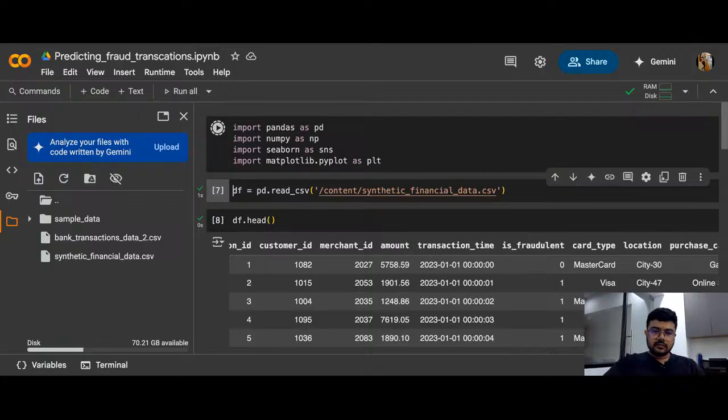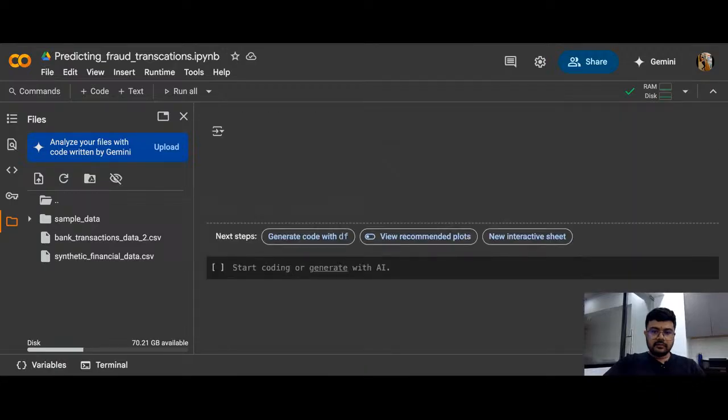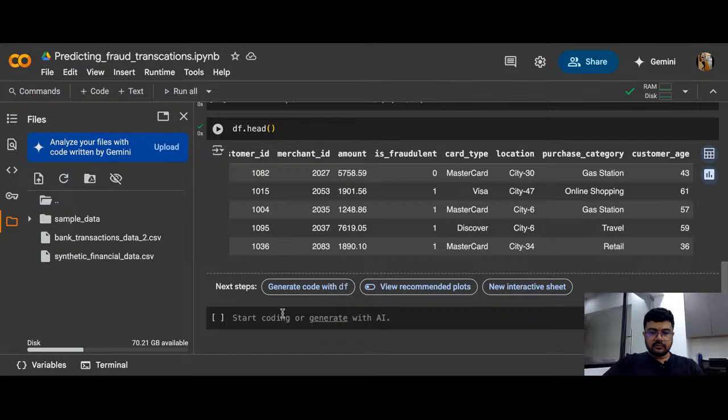Okay, so when I run it, this is all going to be imported. Now let me plot a box plot. So sns.boxplot,